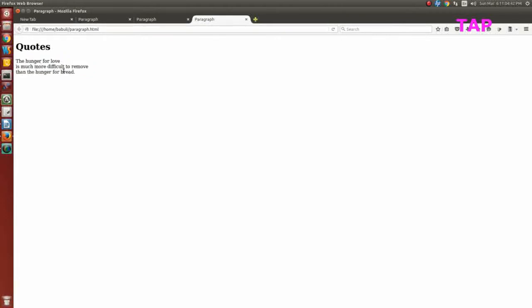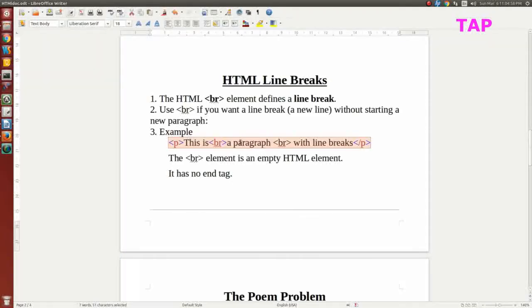After that, whatever content is there, it is taking that to the next line. Clear? So wherever you need a line break, you can use the BR tag. And the BR tag has no end tag. In my program also, you can see I have not used any end tag for the BR tag.